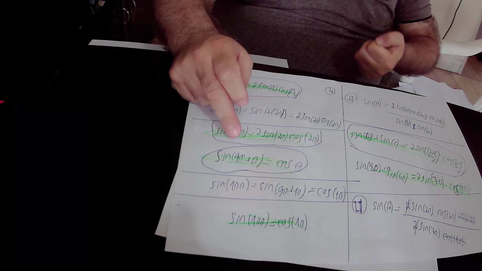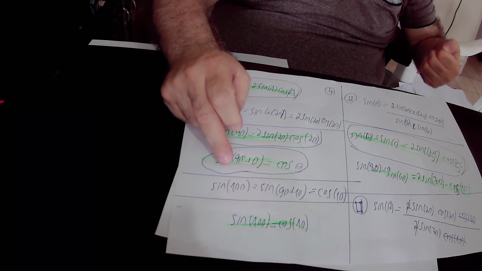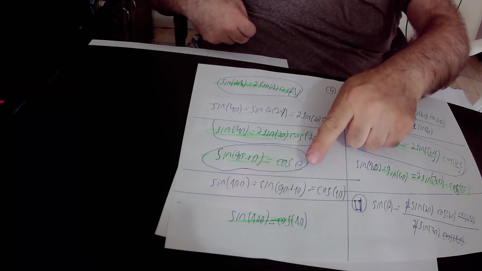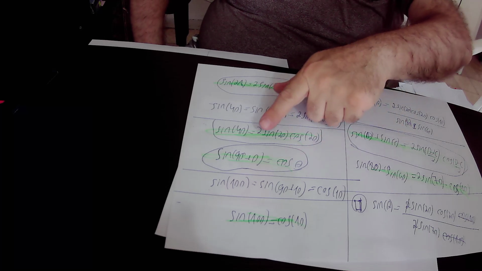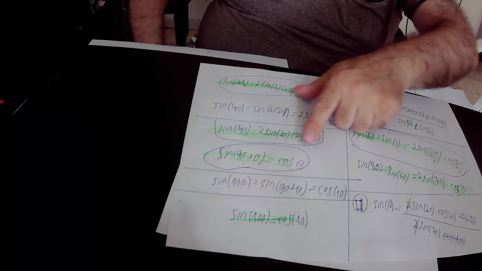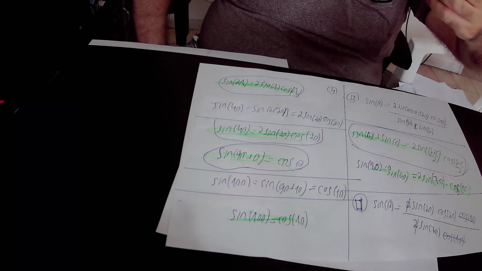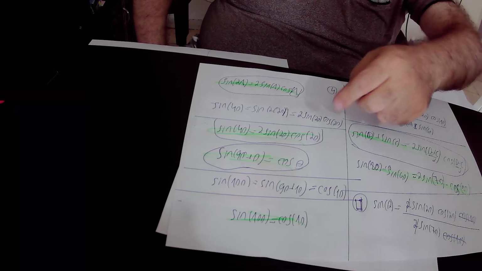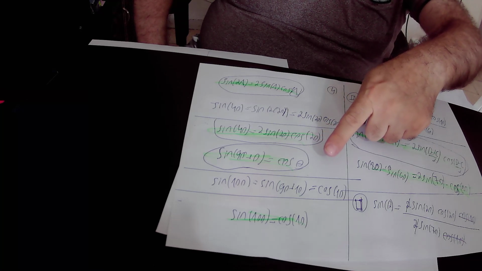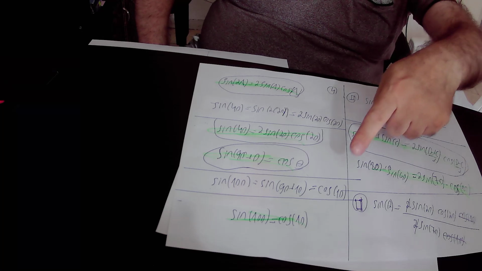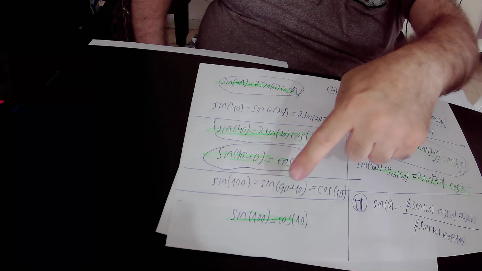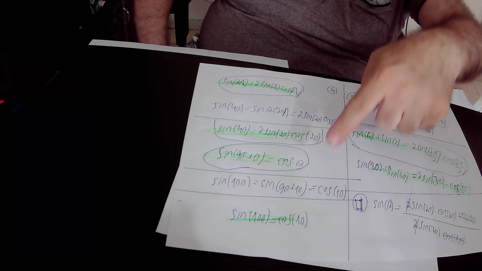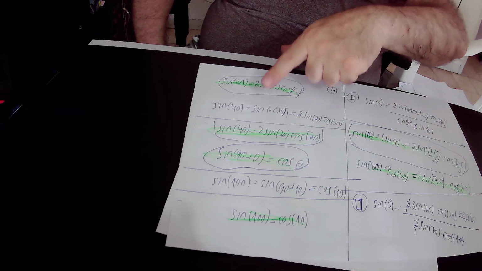We use this trigonometric identity for sin 100 degrees. Sin 100 degrees equals sin of 90 degrees plus 10 degrees, and according to the identity that sin of 90 degrees plus theta equals cosine theta, we derive that sin of 90 degrees plus 10 degrees equals cosine 10 degrees. So in conclusion, we found that sin 100 degrees equals cosine 10 degrees, and sin 40 degrees equals